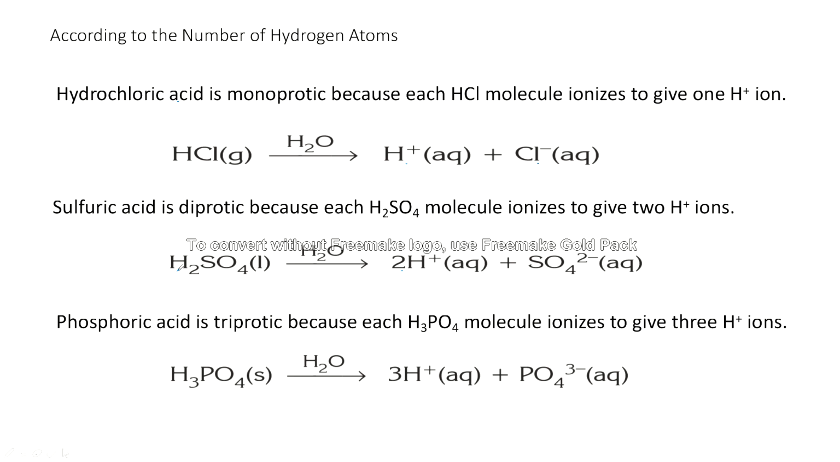For example, two hydrogen atoms, one sulfur atom, and four oxygen atoms on the left hand side. We also have four oxygen atoms on the right hand side. Okay,